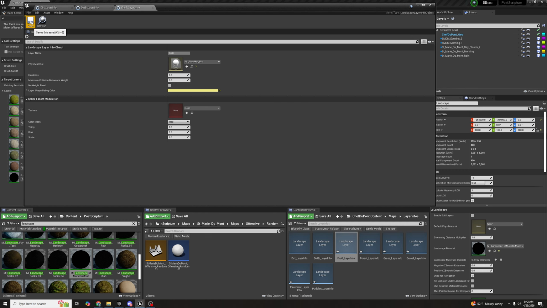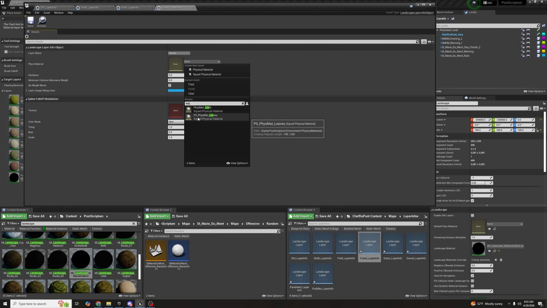This is also important for some explosion effects. Some of those will look different based on what material, what fizz mat it's hitting. Now, forest, we could do dirt, but I'm going to see. I haven't actually tested this out. And also, you're probably best off using only fizz mats that start with PS, not these. You can try it and see if it works, but I would recommend sticking to ones from PS,